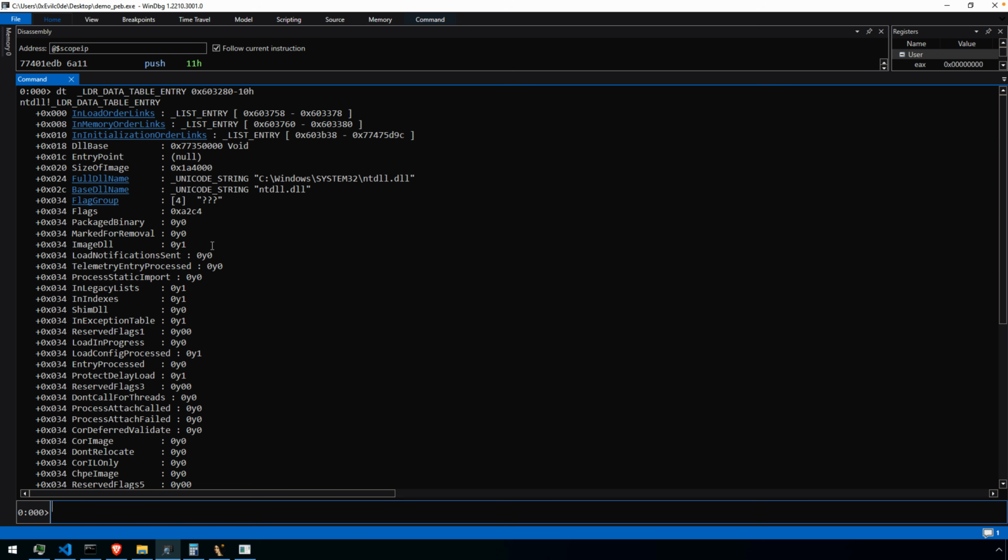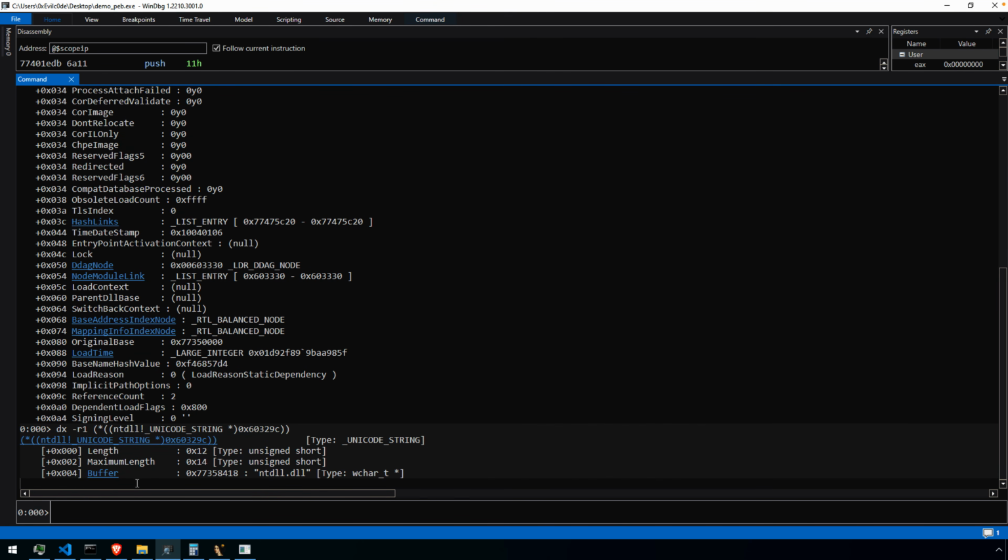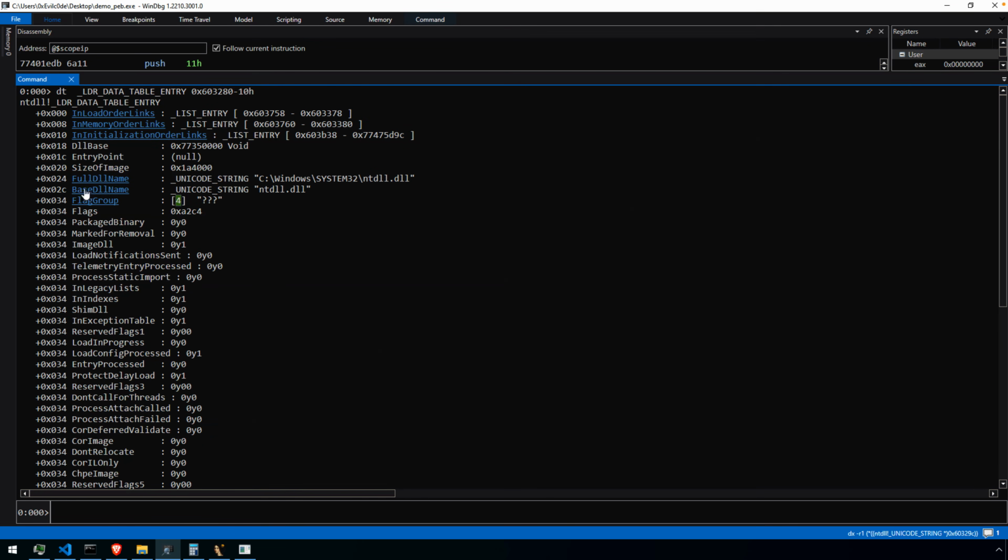One other thing I wanted to point out while we're here is accessing the path and the base name. You can see these are Unicode string structures. So let's pick on the base name. If we select that, that structure is not simply a pointer to the string. It actually contains a 2-byte value for the length and a 2-byte value for the maximum length, and then at an offset of 4, the buffer. So in order to get the actual name and ignore that leading 4 bytes, what you'll need to do is